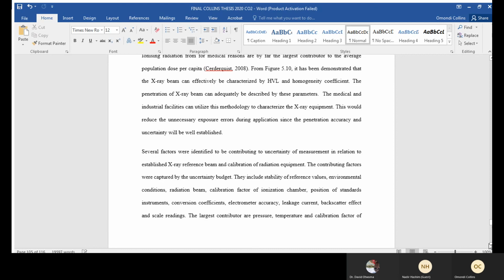So then I try to bring out the factors that contribute to uncertainty of measurement. These are the environmental conditions, the calibration factor of the reference standard, and the positioning of the instrument. Like in this case, we positioned it vertically. If you position it horizontally, the value changes again. So the results that are released should also indicate